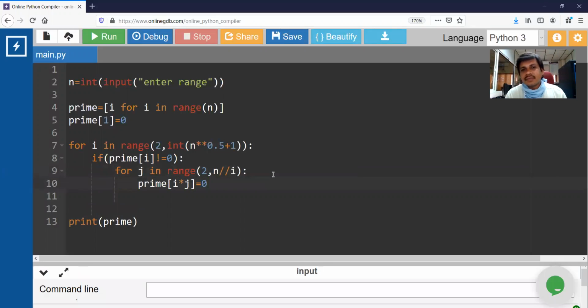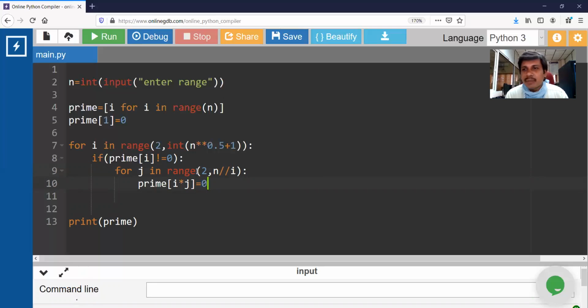Fine. So the outer loop executes only square root of n times, and the inner loop executes only n by i times. If the i value is 1, it is n times.